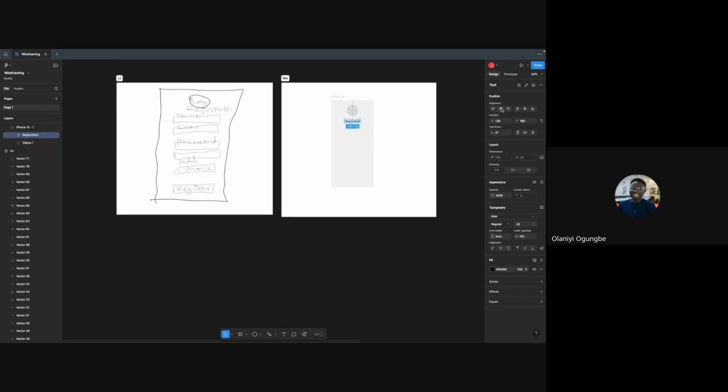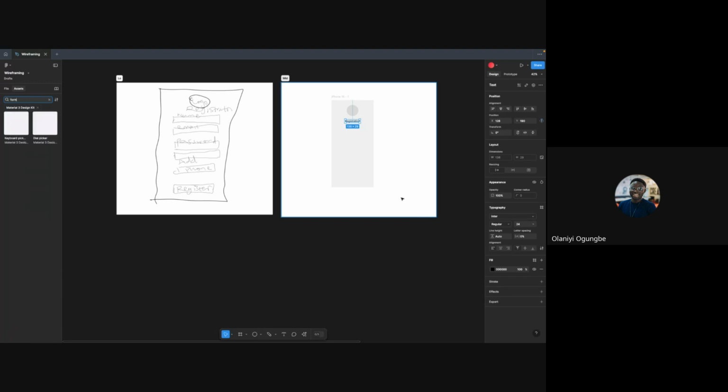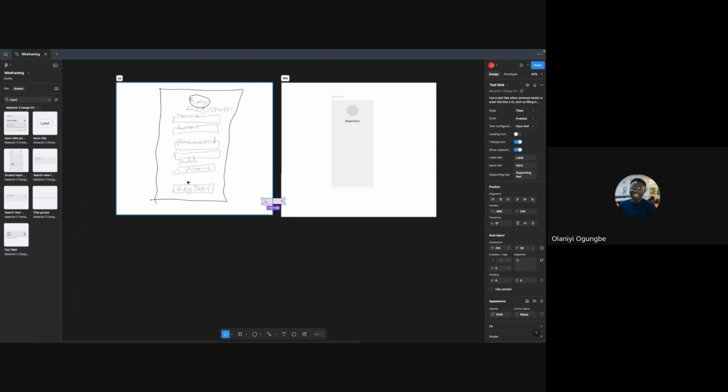That's the page title. And then the next thing we need to do is we need to add these forms, right? So you could decide to create your forms manually, or if you are using a UI kit, just pick a form from there. I know for a fact that Figma now has beautiful, beautiful forms from the UI kit. So I'm just going to steal one from there to make things easy. Oh, sorry, it's called input. Okay, text field, insert instance.